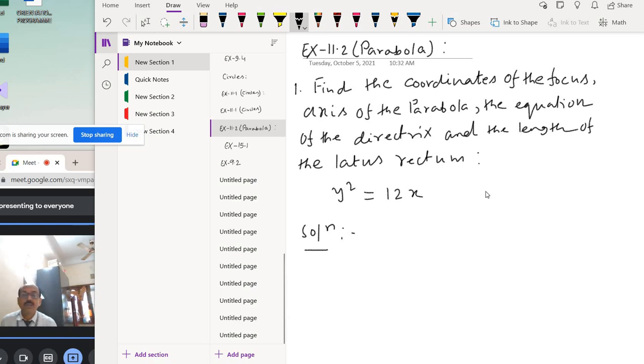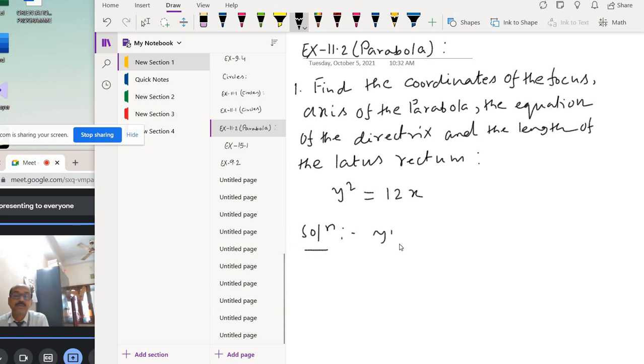Good morning. Chapter Parabola, exercise 11.2, question number 1. The first question is: find the coordinates of the focus, axis of the parabola, equation of the directrix, and the length of the latus rectum of y square equal to 12x. Okay, so the given equation of the parabola is